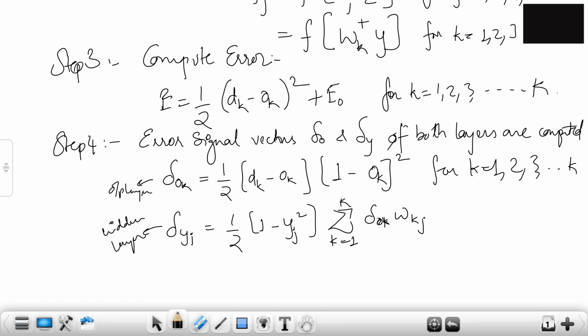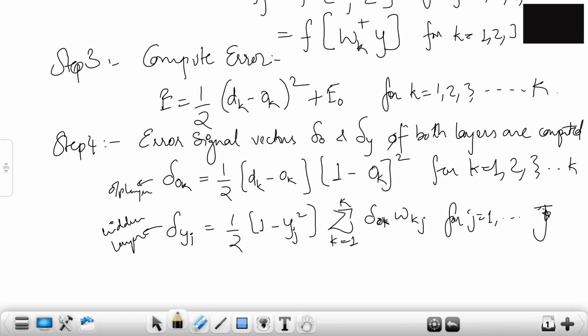This is the output part, and the weight is going from the hidden layer to the output layer, so that is why it is written as a summation in terms of the hidden layer, for j going from 1 to capital J.